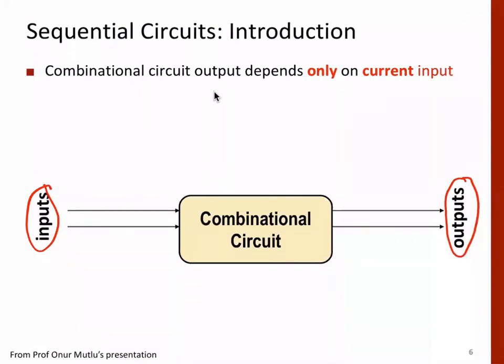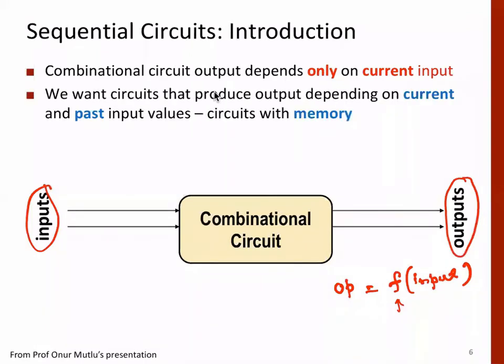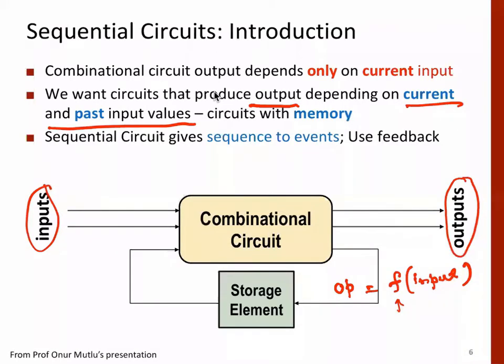So we can say output is a simple function of input at that point in time. It's very simple, right? Okay. If we want to produce a circuit that can give output depending on the current and the past inputs, now remember, the past inputs could be a history, right? It could be past, and up to from where it started, right? So that's the reason we need a memory.